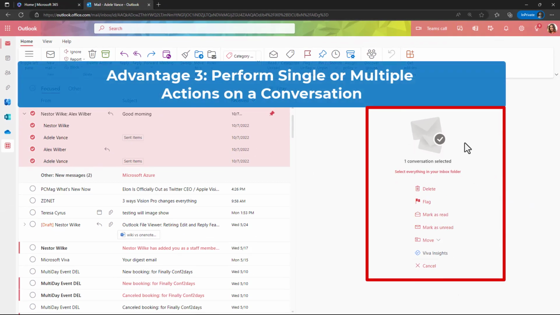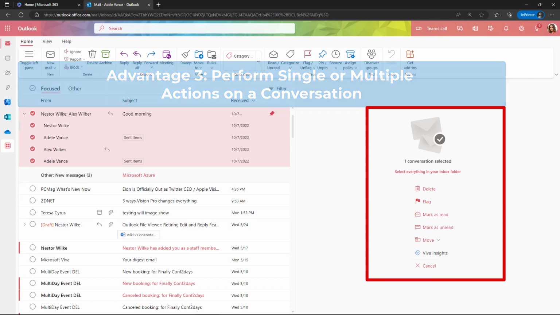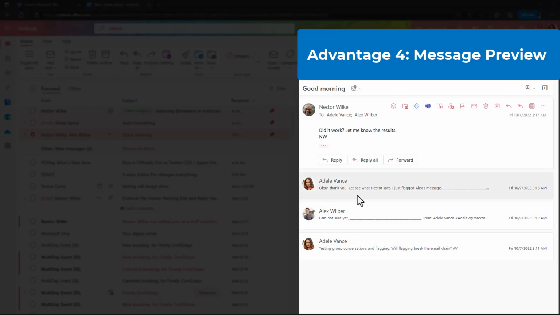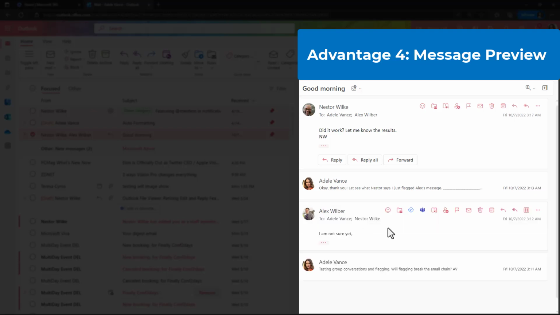I can perform any actions that I want to the entire conversation. The other thing that I want you to notice is how it's just giving you a preview of the previous messages. And if you want to look at the details, all you have to do is just click on it. So if I click on it, now I can see the entire message. Again, it just keeps it nice and clean and reduces some of the clutter, if you don't want to see